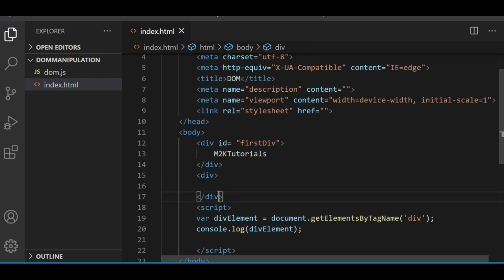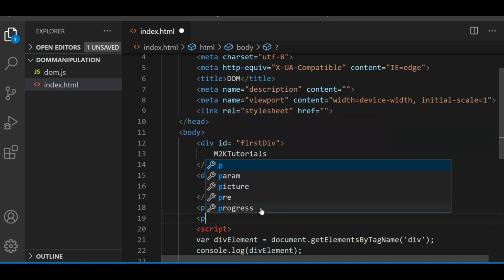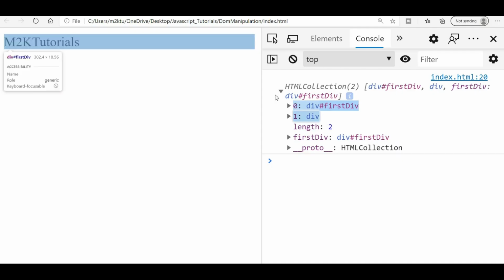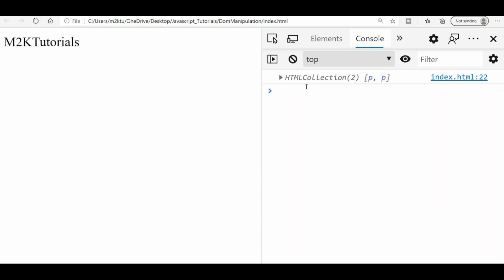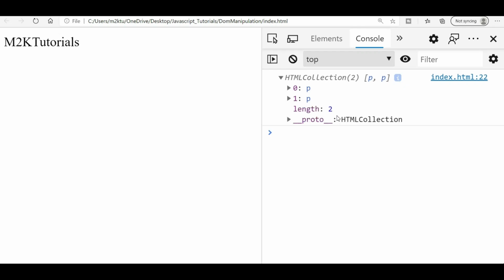In the same way you can get other elements' references, like the p tag. If we have two p tags and you change the tag name to p, you can see all the p tags in your console. So you get all the p references in your console.